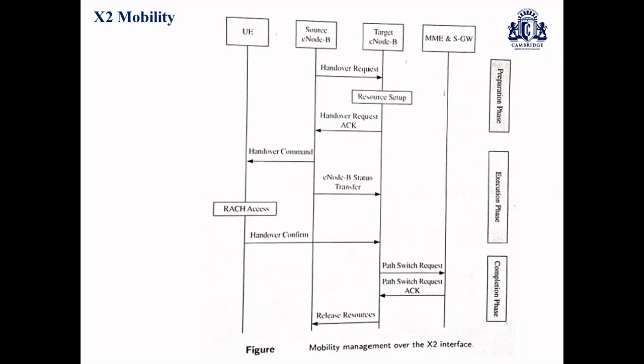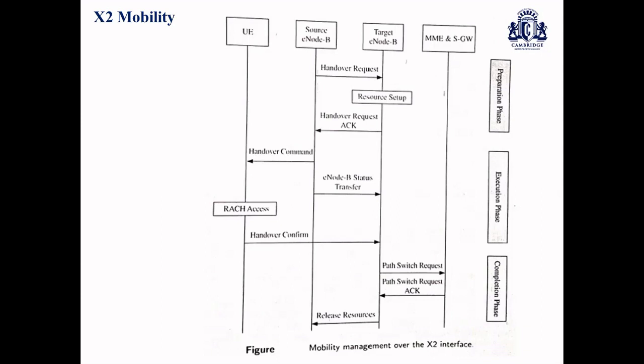When it comes to the completion phase of your X2 mobility, once the UE completes the handover procedure, it sends a handover confirm message to the target eNode B. Later, the target eNode B sends a path switch request. You can see that the path switch request has been sent and acknowledged with respect to the mobility management entity and the serving gateway switches. And the GTP tunneling from your source eNode B takes place to the target eNode B. Finally, the target eNode B sends a message to the source eNode B to release all the resources used by the user entity. Thereby the establishment is done with respect to the X2 interface, which is the default mode of execution.